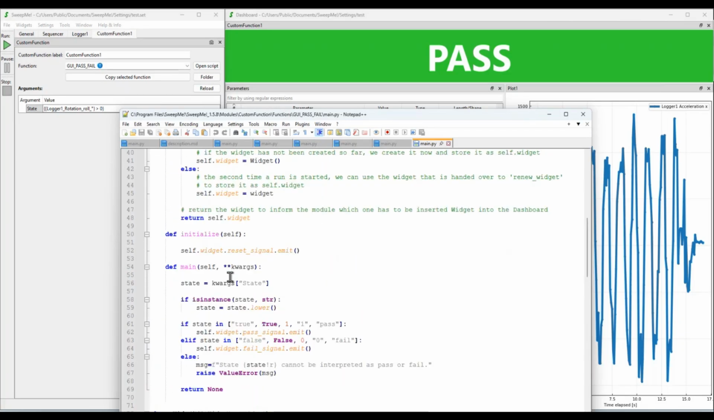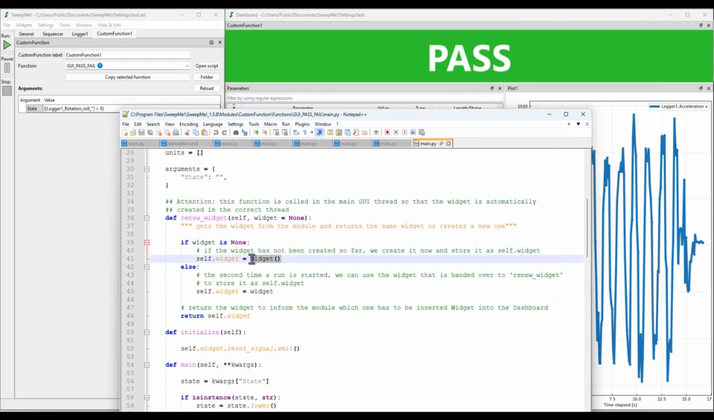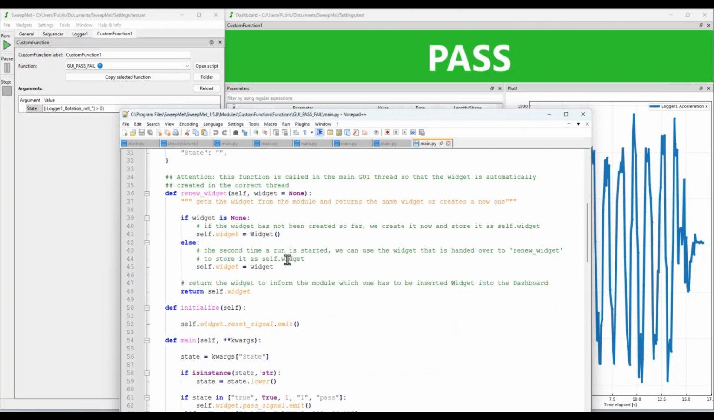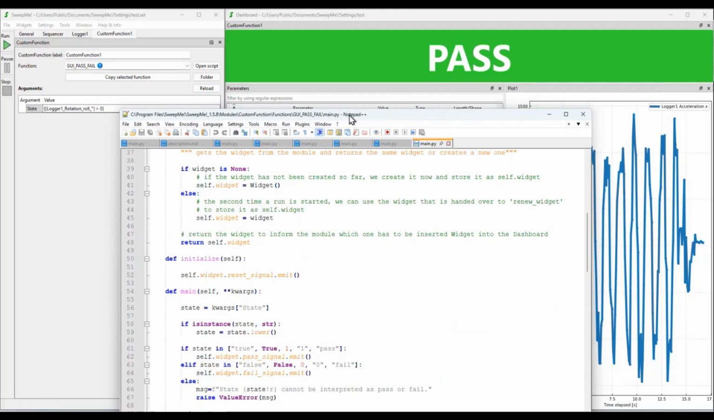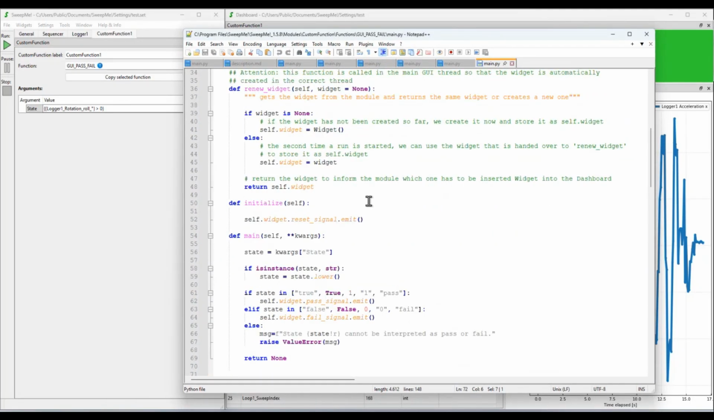And the magic is then to make this binding to our custom function. And this is then done here in this renew widget, where we define this widget, which is exactly this name here, as the widget to be loaded. And this will load the widget. The main difficulty in adding your own widgets is about handling the different threads. So SweepMe is running in different threads. This means the user interface is running in one thread, and